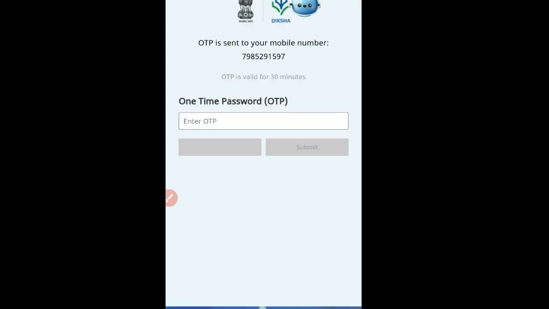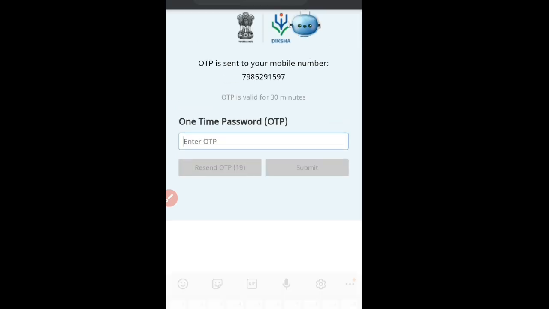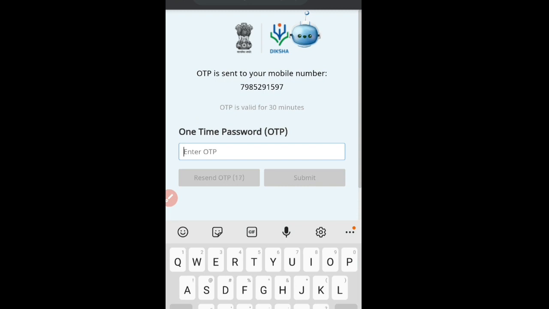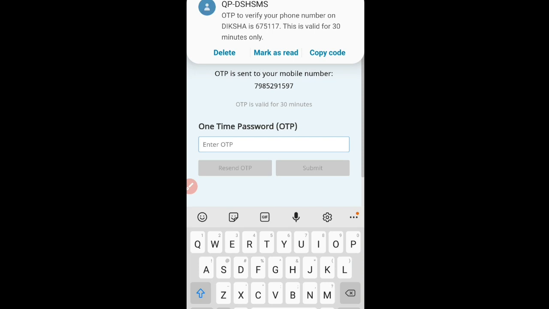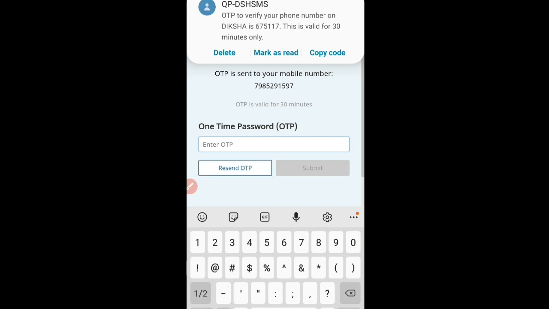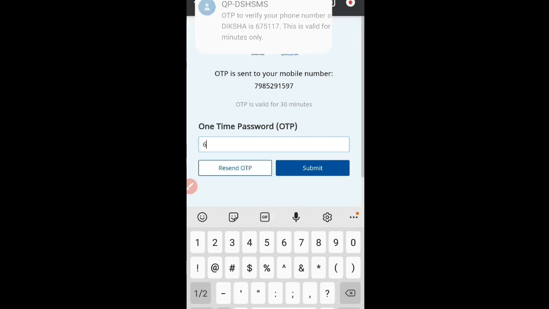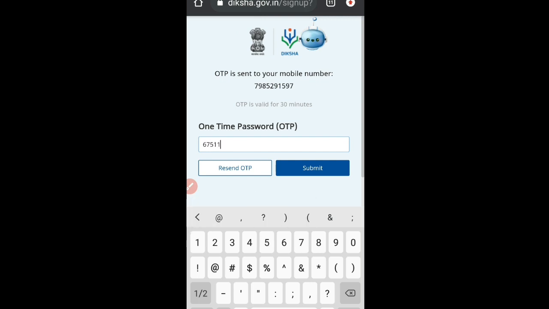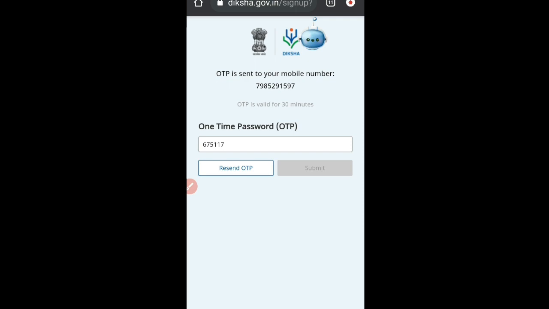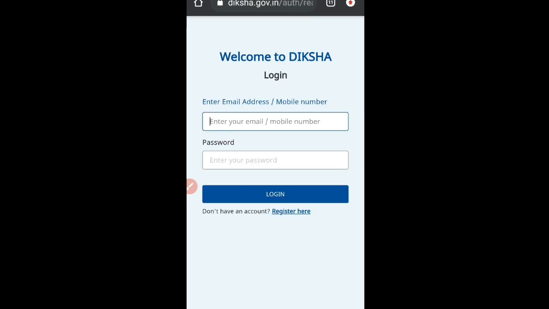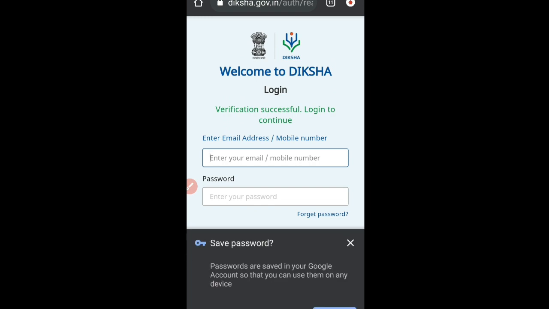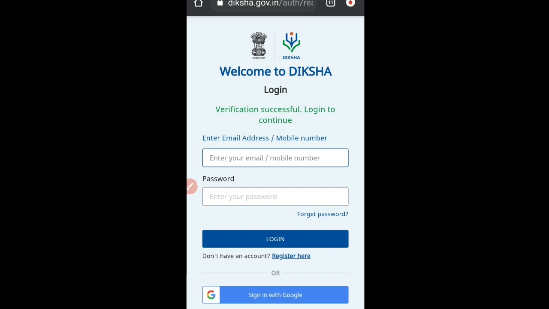Wait for some time. Now you are going to get a one-time OTP on your mobile number. See, I have got an OTP that is 675117. Submit the OTP. Now you are being asked for the password.